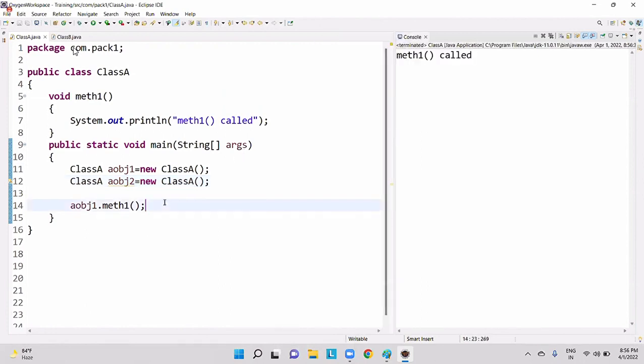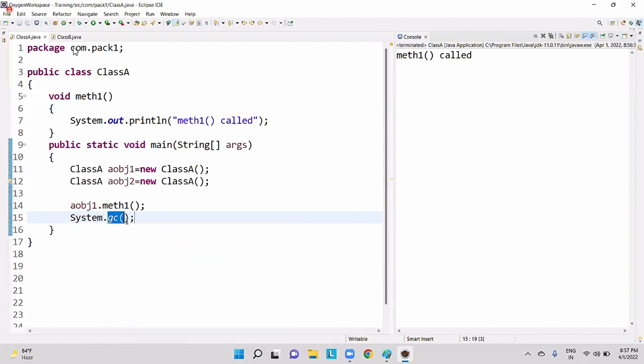Now I want to call the garbage collector. Sir, you said no need to call the garbage collector. Garbage collector will be working in the background of every Java program. Yes, 100%, no need to call it. But I already told you one more point: garbage collector is a daemon thread. We cannot guess when a thread will start. We don't know that. That is the reason I'm trying to start the garbage collector manually by using the System.gc method.